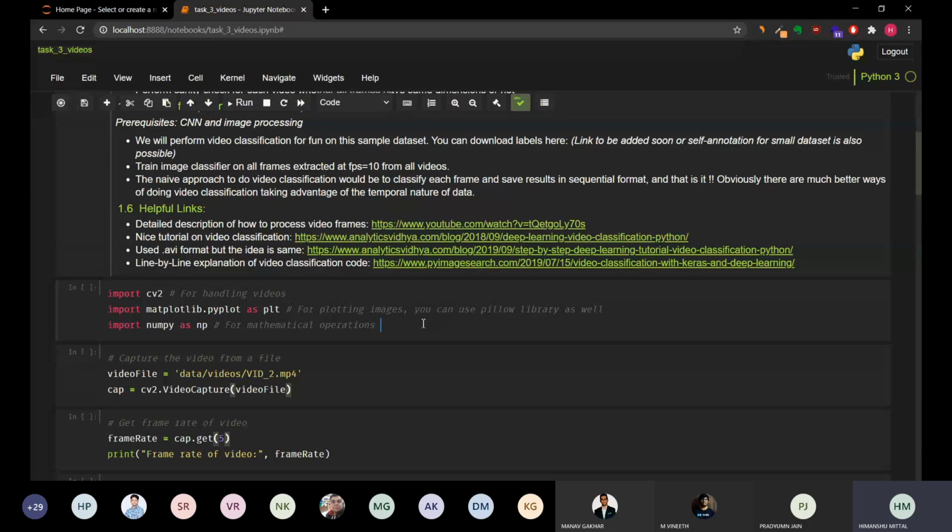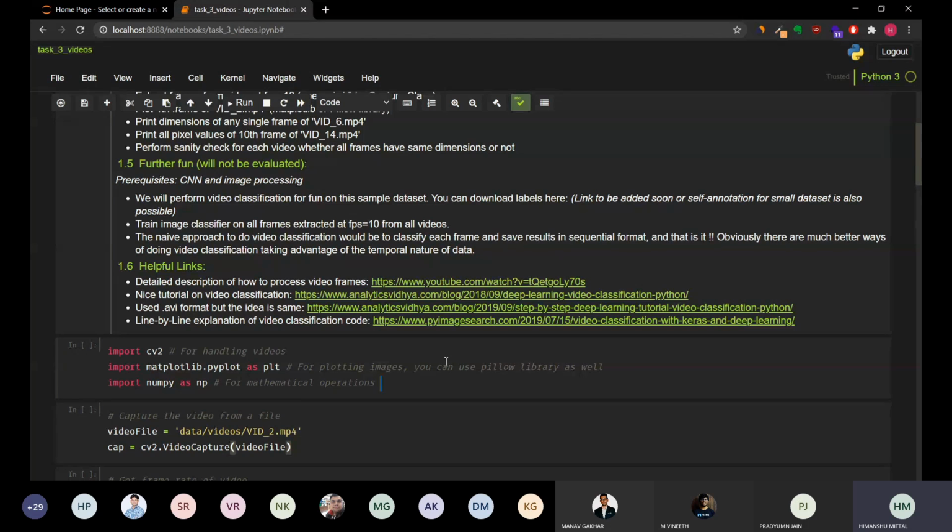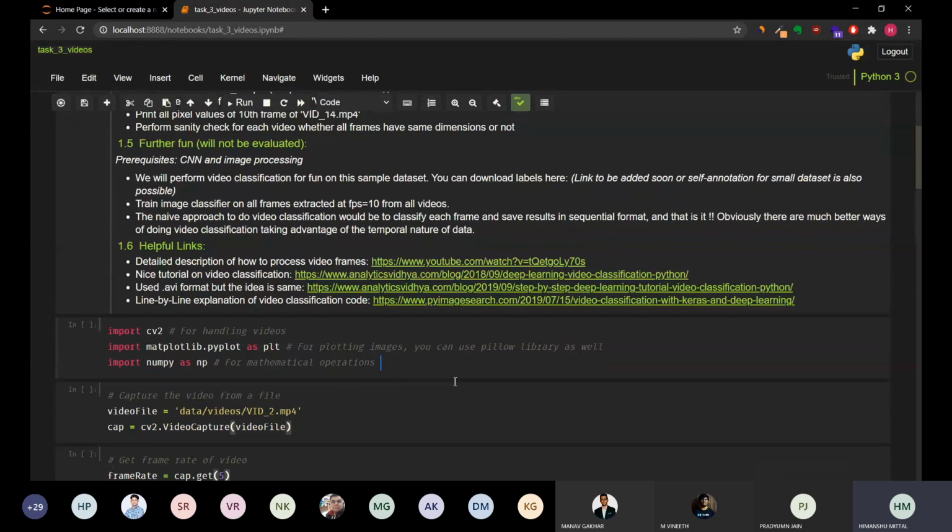Okay. So for the videos, the concept is that a video is just a sequence of images, nothing else. So if you know how to work with images, videos are not a big deal. But what happens in machine learning is that when you do video classification or action recognition, then we need to take the help of the temporal nature of the video. What I mean by that is the consecutive frames. When we run a video, we can see that some action is performed in the video. That is the concept of video. It is nothing but just a sequence of images.